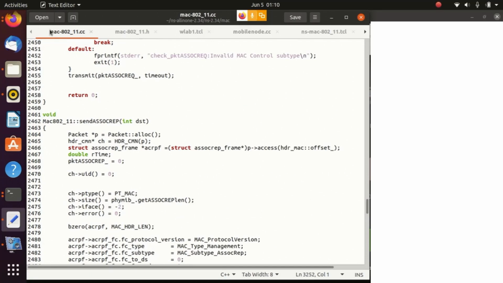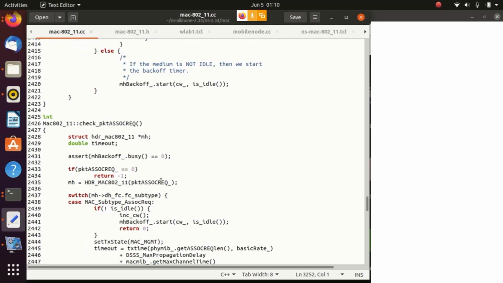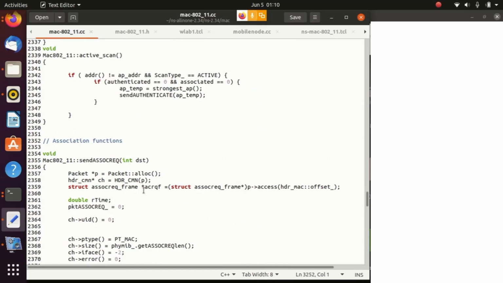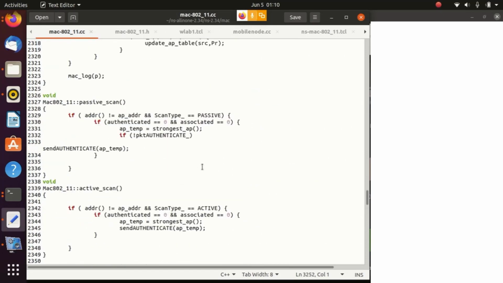The name of the file is mac802_11.cc. That is the MAC protocol used for wireless LANs. MAC standard for wireless LAN. So,